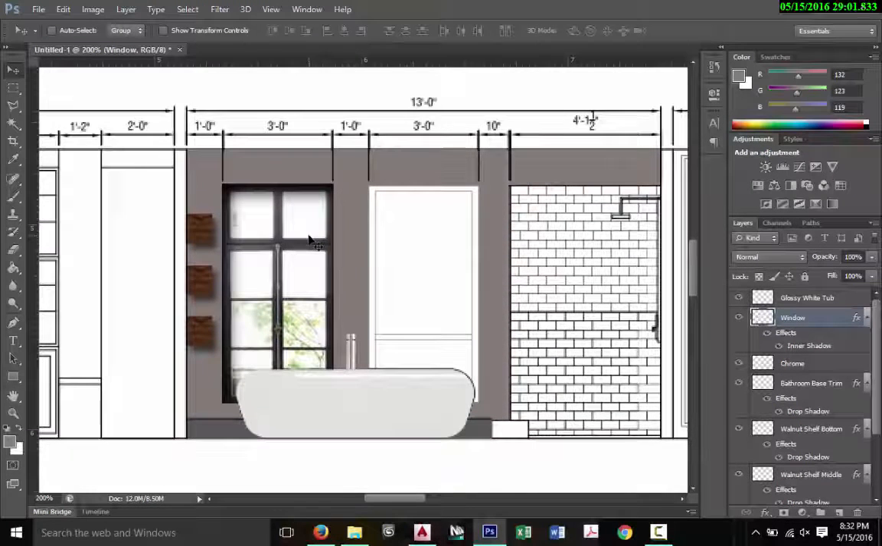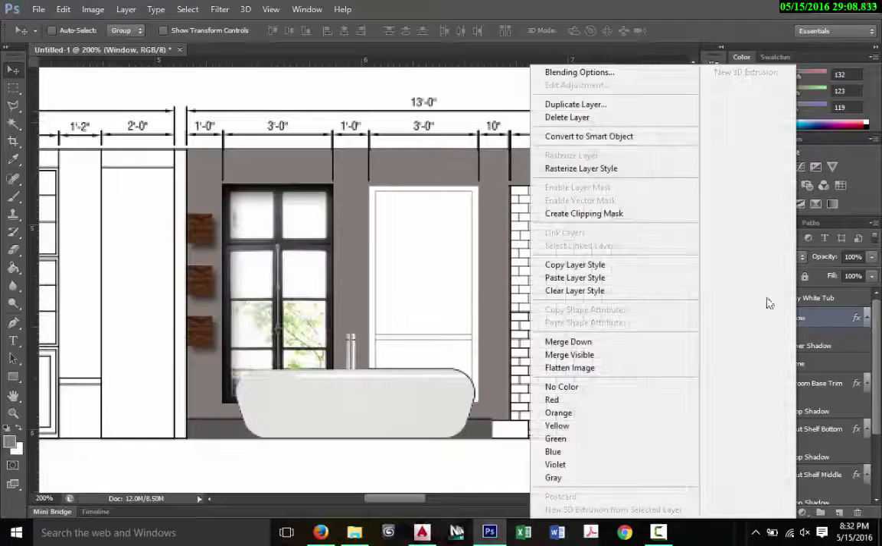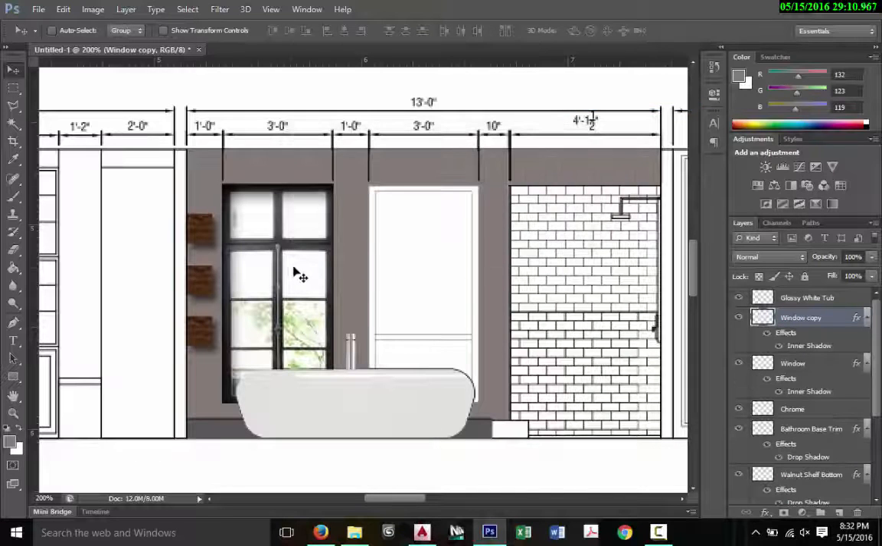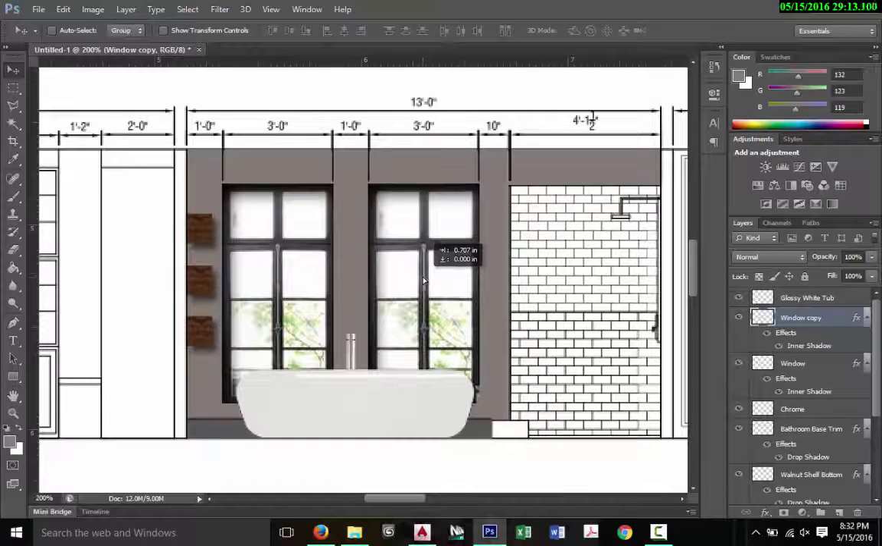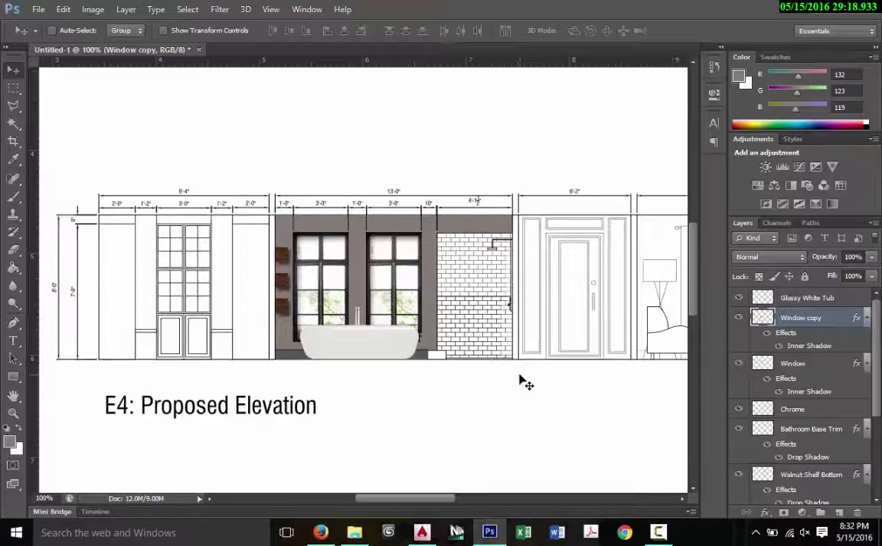That looks good. Alright. I want to duplicate this so I can use the exact same one on the other side. So I'm going to right click on window, duplicate layer, say OK, and then click and drag it over here. Perfect. Looking pretty snazzy. So that's a really good start. You've already learned quite a few things for how to do this in